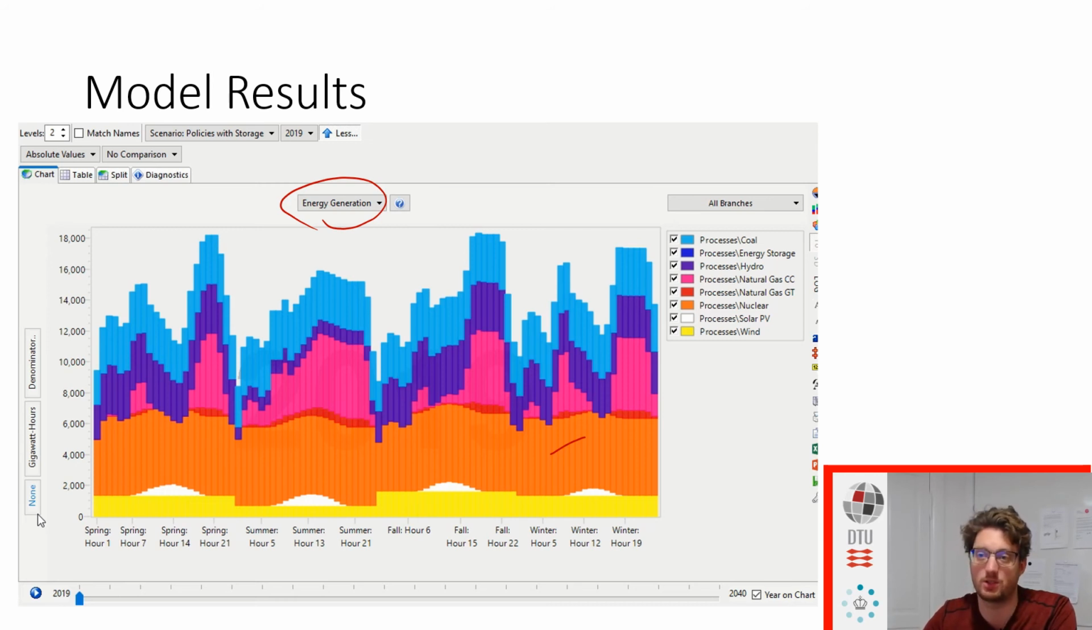We can see in this system in 2019, where we have our policy with storage, but this is in our start year, that we have a good mix of renewable, zero emission, and fossil resources. What's worth remarking in this scenario is that the flexibility mainly comes from our natural gas combined cycle, which is a pretty flexible and dispatchable technology that supplies the flexibility